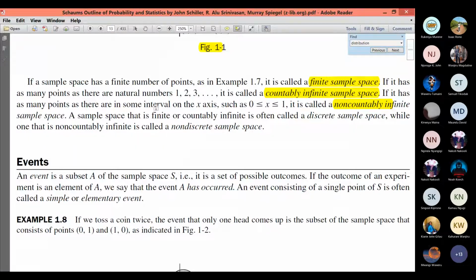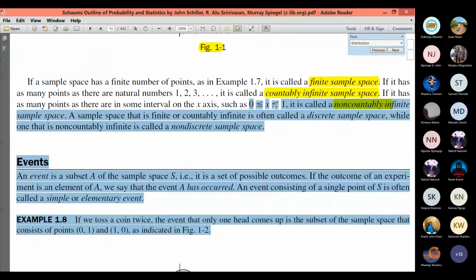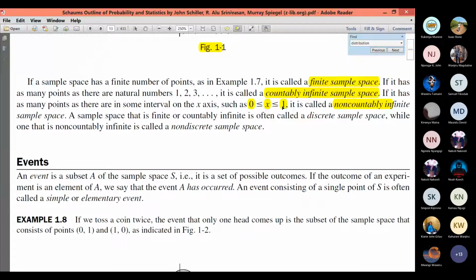Okay, then we have this. If within a small interval like 0 and 1, you have so many values within that interval, it's called a non-countably infinite sample space. Yeah, and an example is if you're measuring the weight of people, even the weight between 80 and 81. People who are between 80 and 81 kilos,